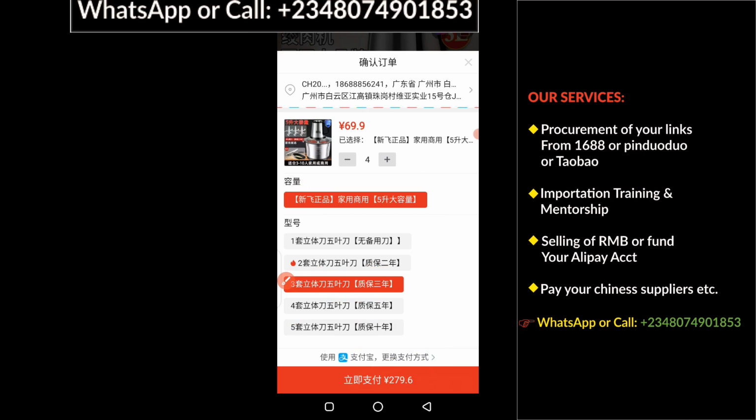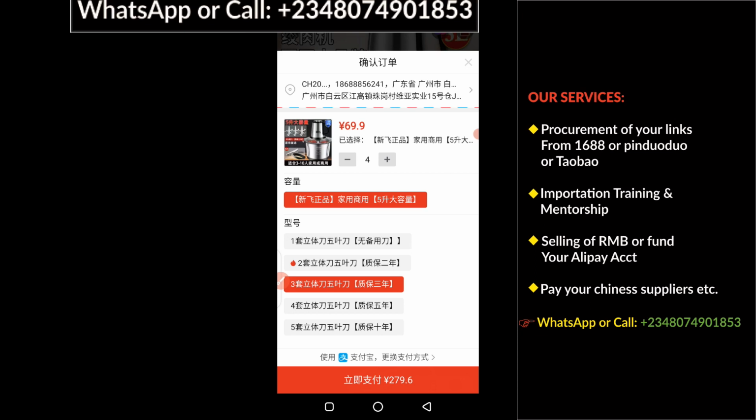Okay, so this is how you select your product, whatever you are trying to buy. This is just the basic step on how you can select your product. So all you have to do is to understand the step, or in some cases, if you find it difficult to understand what is written in Chinese language, you can bring up your iDictionary to do the translation, or you screenshot and you translate from your WeChat account. I have done a lot of videos about different ways by which you can translate from Chinese characters to English language. You can check it up from my playlist on